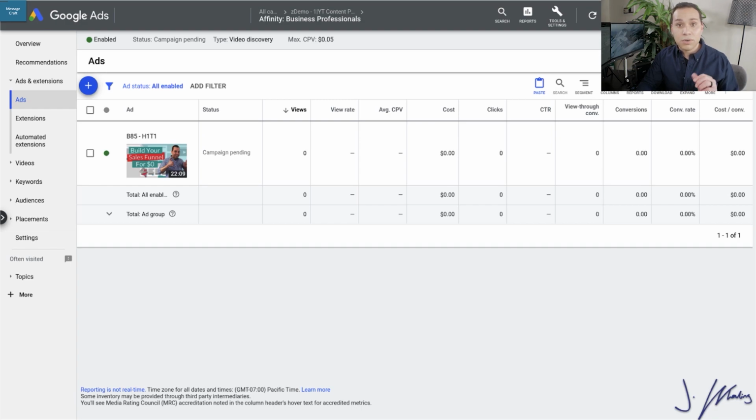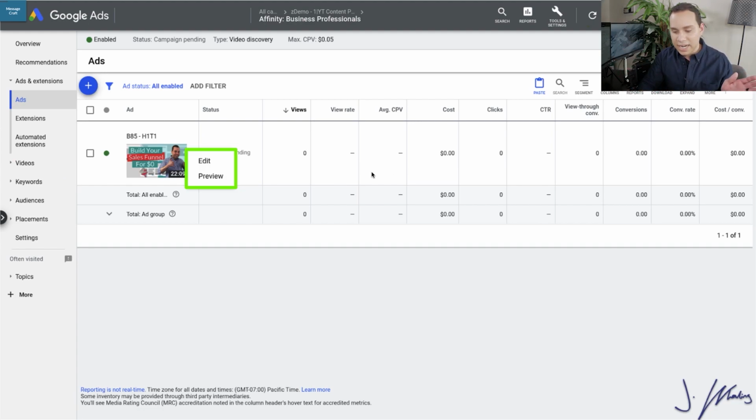Now, if you ever want to edit the ad settings or look at what the ad is going to look like across YouTube, you can click on that little pencil and edit the ad or preview. Once you've started running traffic, never edit an ad, because when you edit an ad, Google will just wipe out all of that data. So if you ever need to make changes to an ad after some data has come in, you're going to want to go through the duplication process and then edit the copy, because the original ad is pretty much locked in. Anytime you change an ad that's already running, Google will wipe out all of its data.